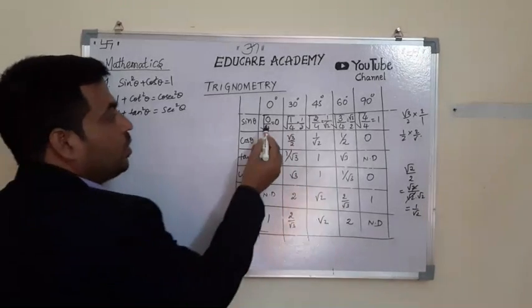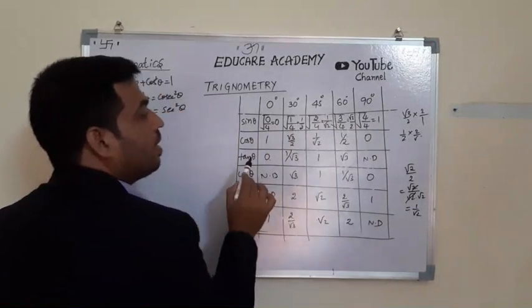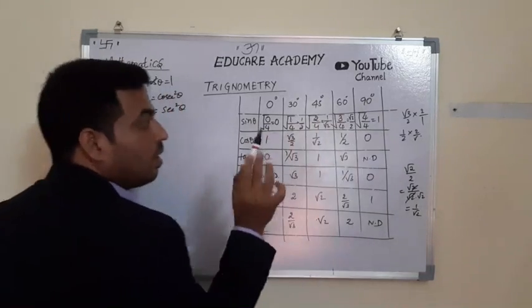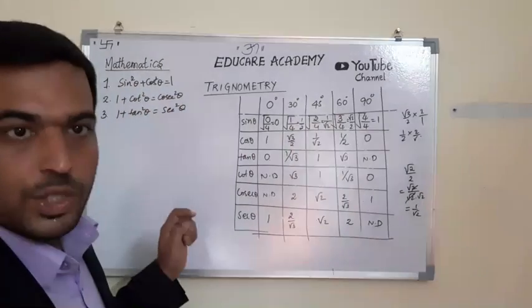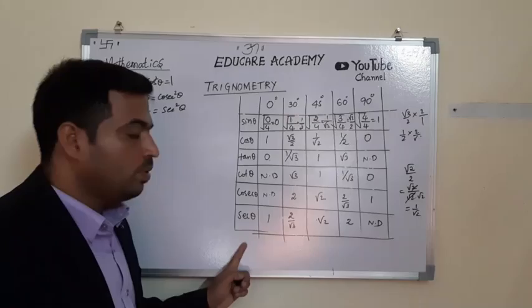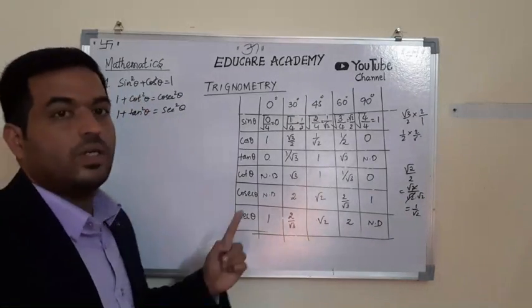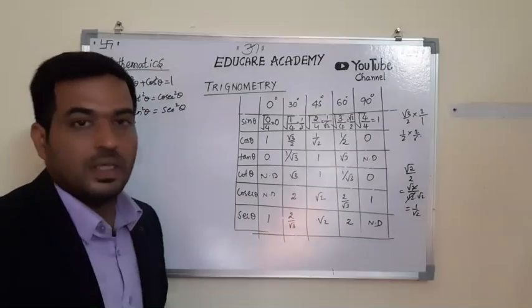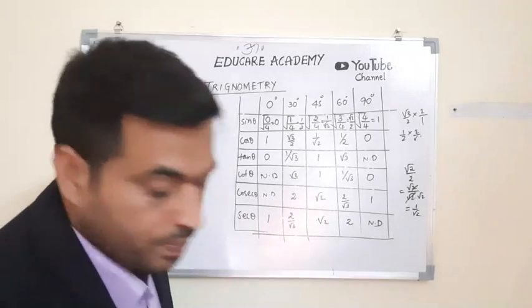So you can write all the 36 values if you know one value of sine. Just take 0, 1, 2, 3, 4 like that. Divide all the values by 4 and take the root, you will get all the values. Then take the reciprocal, and by knowing the trigonometric ratios, you can know all the trigonometric ratios: sine, cos, secant, cosec, tan and cot. It's very easy.